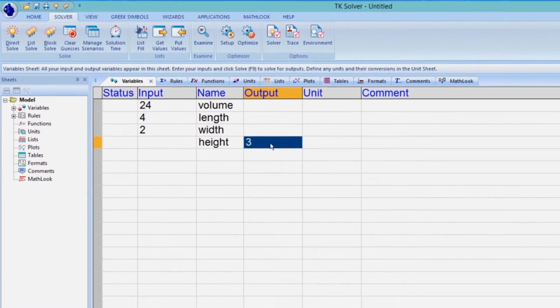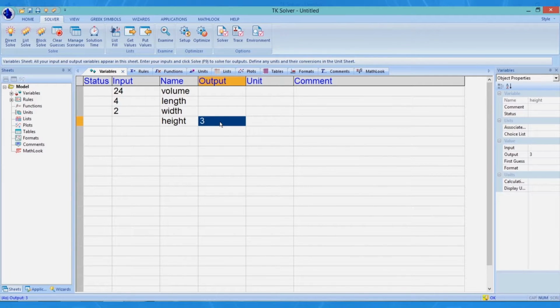situation. If your equation has just one unknown and the unknown appears only once in the equation, TK Solver solves it regardless of where the unknown appears in the equation. Of course, TK Solver can handle more complex situations involving simultaneous equations, and TK Solver can do a lot more than just solve equations. Before we show you more features, we want to acquaint you with more of TK Solver's